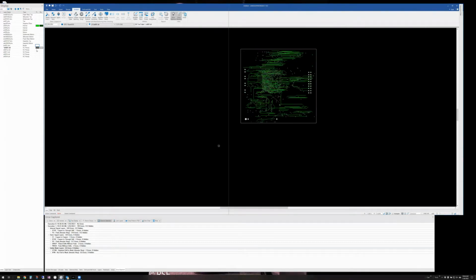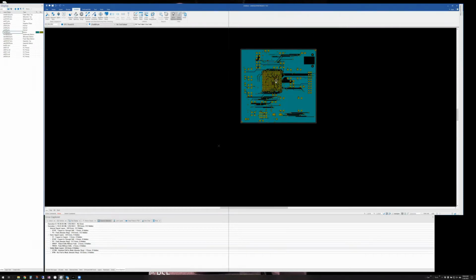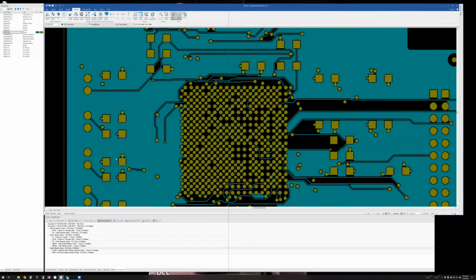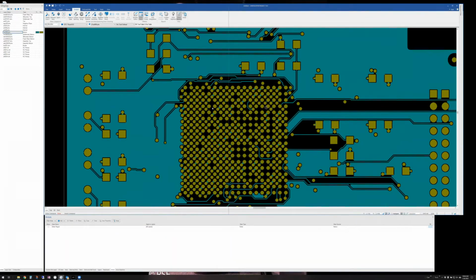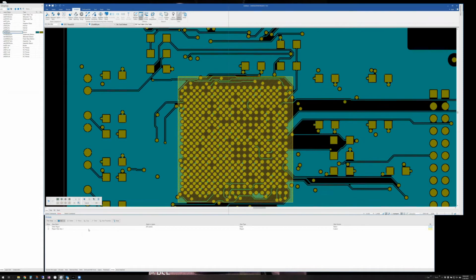One of the things that we did add for the 160 user in the latest bundle is the ability to define areas. So if the minimum spacing in the BGA area is different than the rest of the board, I can verify that. So I simply just go draw an area around my BGA, and then when I'm setting up my analysis items,